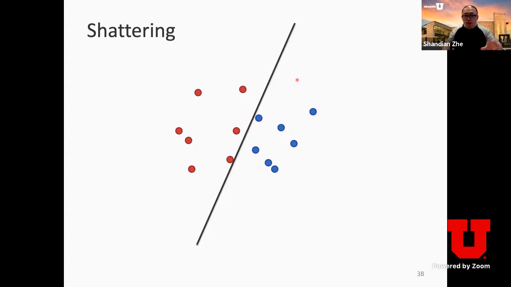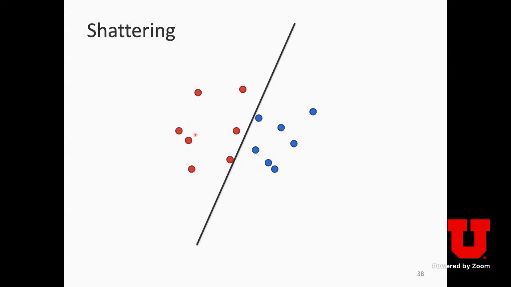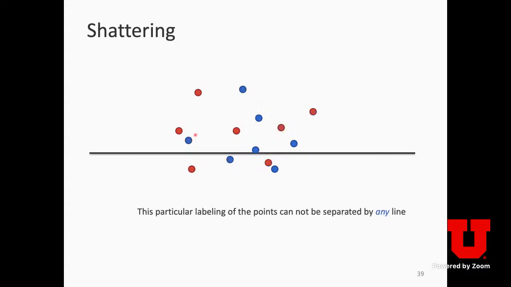However, we cannot now say these 14 points can be shattered by linear classifiers, because shattering is a much stronger definition. We're saying in general, like in the next example here, where you have more of a distribution of red and blue circles. It's the same data set with different labels. So basically, shattering is more of a generalization.